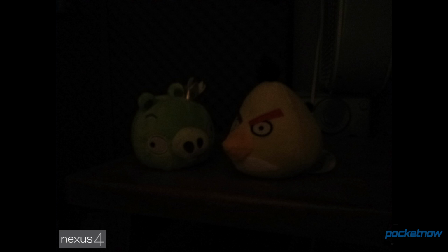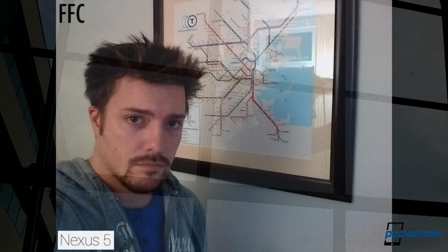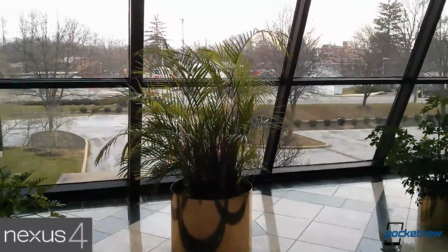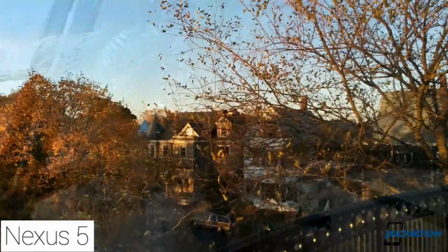The image stabilization in the newer phone is hardware-based, and it helps a bit with low-light photos. And even the front-facing camera is worlds ahead of the unit on the older device. And video performance is predictably better as well. Let us know how the stabilization is. I'm kind of walking around. It should be smoothing that out, and the colors should...